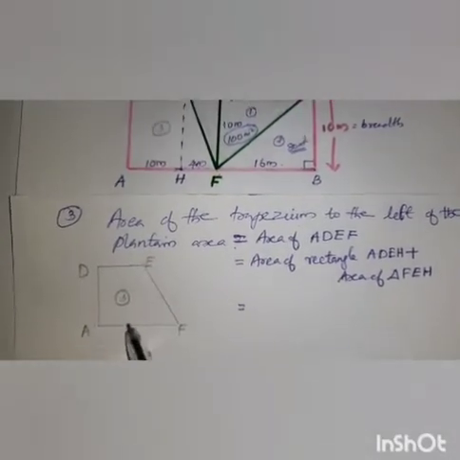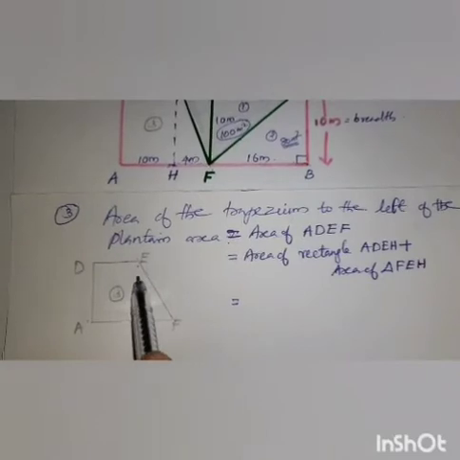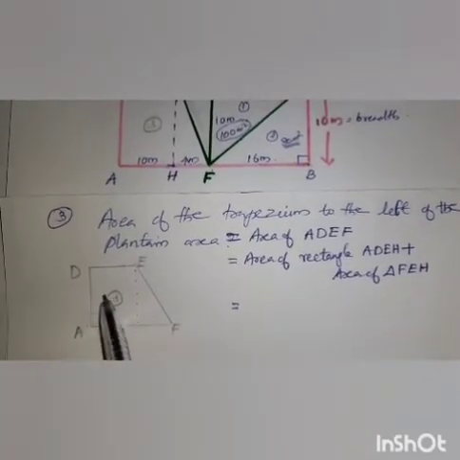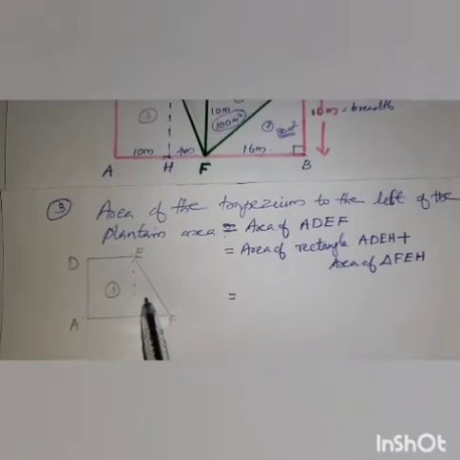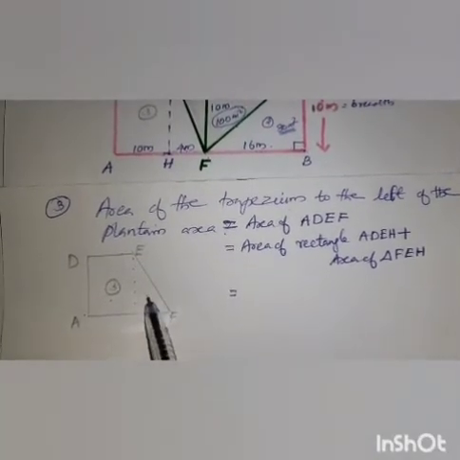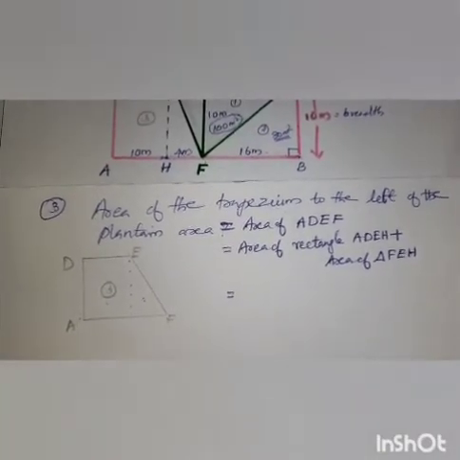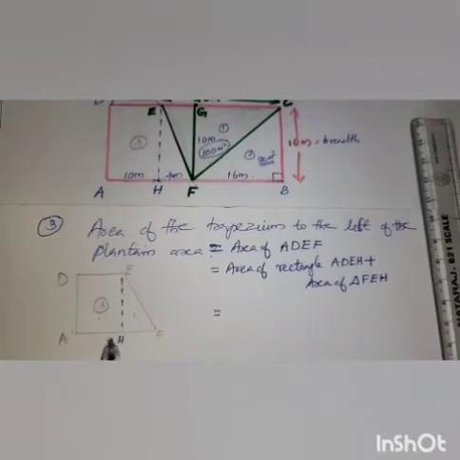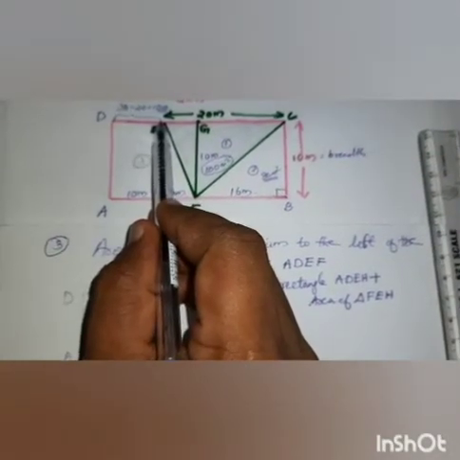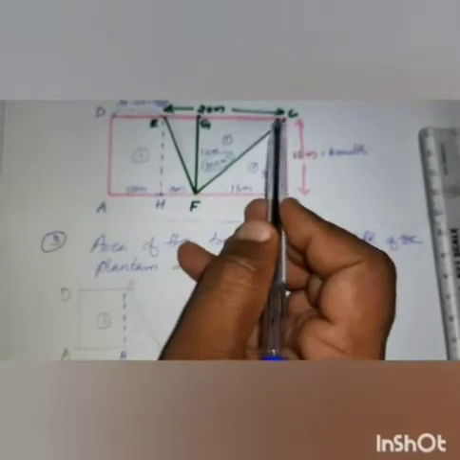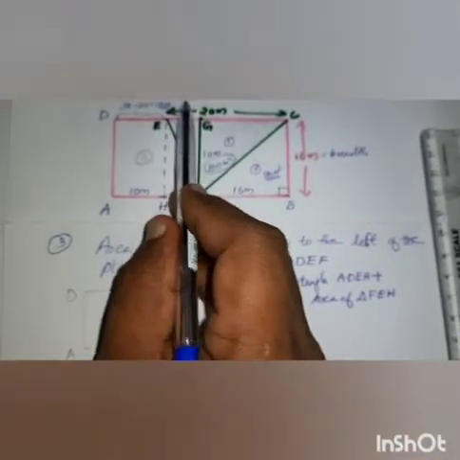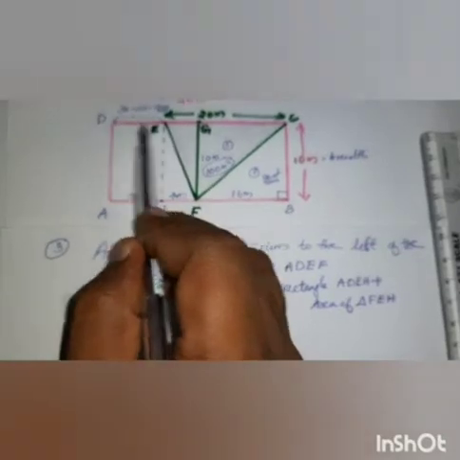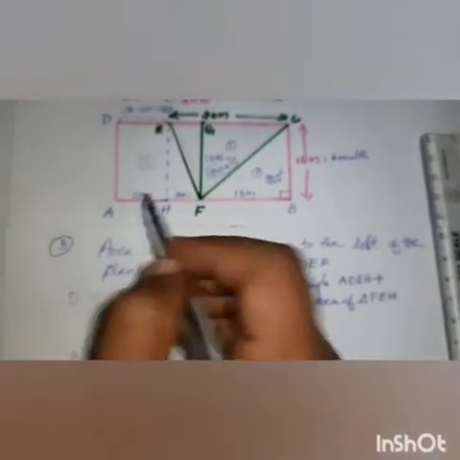That is a trapezium. So to find out the area of trapezium, first you have to draw a perpendicular. So we will get a rectangle and a triangle. So you can find out the area of rectangle and area of triangle. So if we add it together, we will get the area of the trapezium. So drawn like this. So this length should be, the total length is 30 and here it is 20. So this length should be 30 minus 20. You will get 10 meters. The same length you are getting here also, 10 meters. So in this rectangle, here the length is 10 meter.